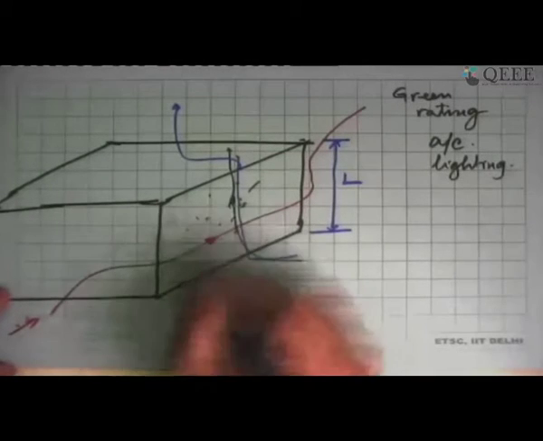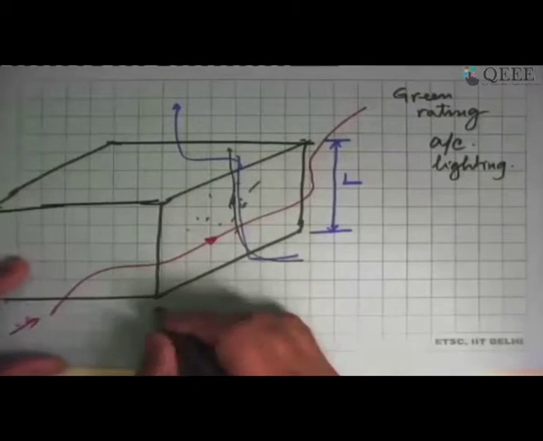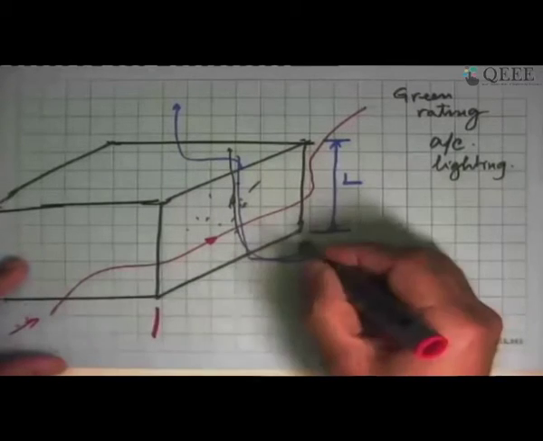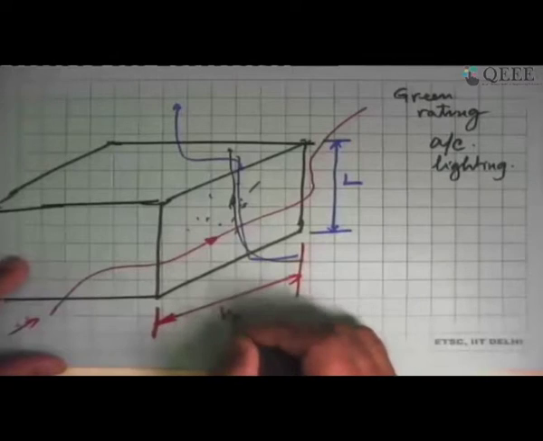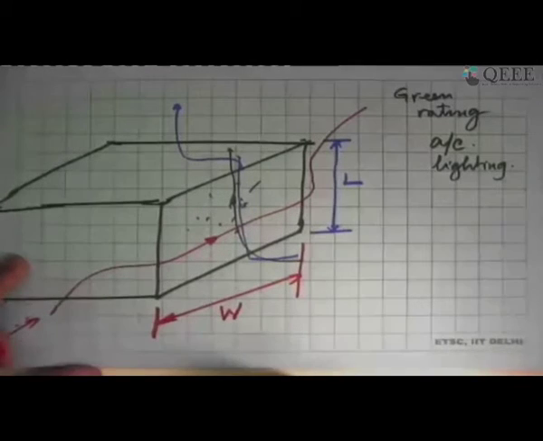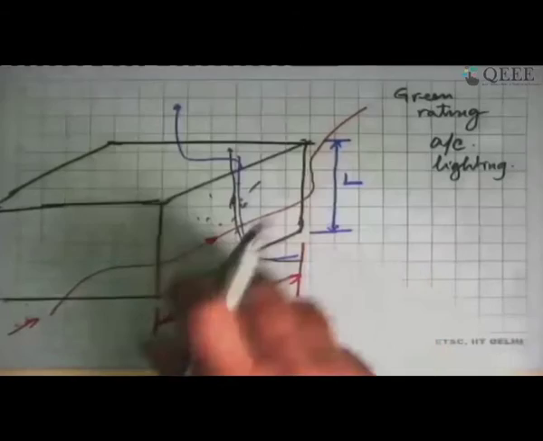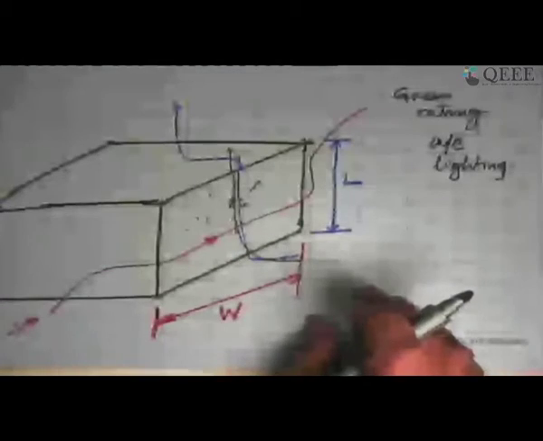And say this velocity is there, and then the length parameter on which the Reynolds number will have to be calculated is this length of the building, we will call it W. So these are the two different length parameters that came in that particular calculation.